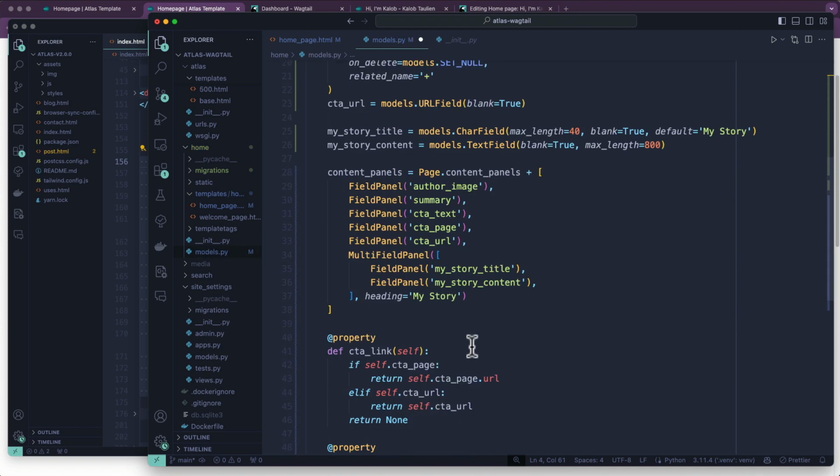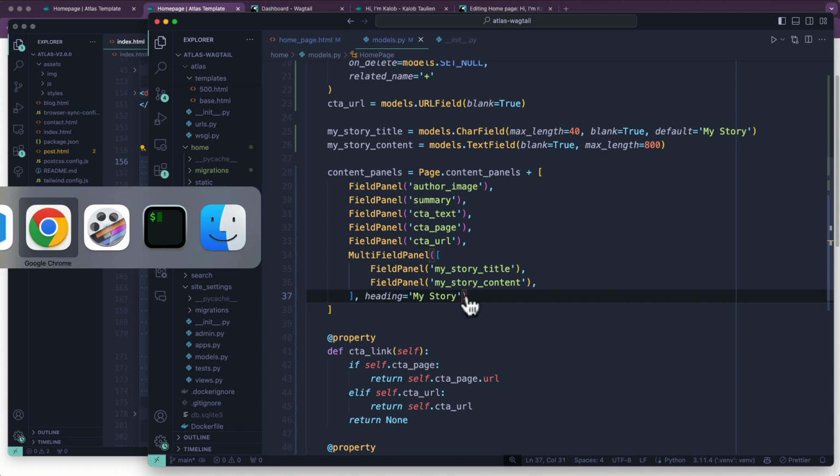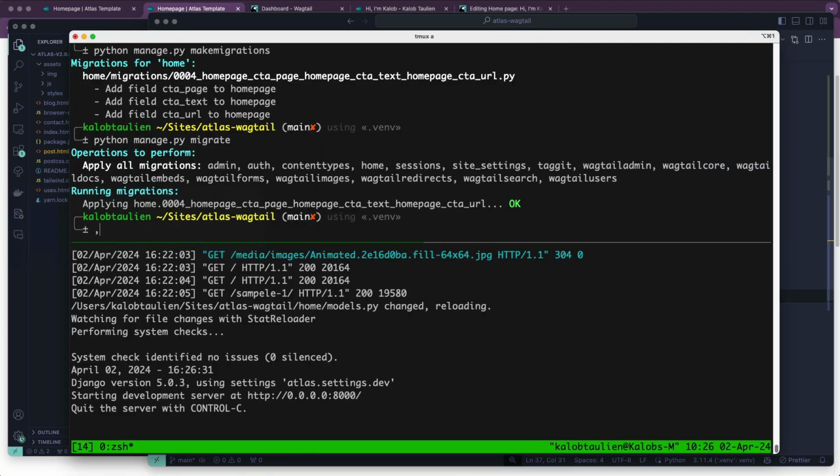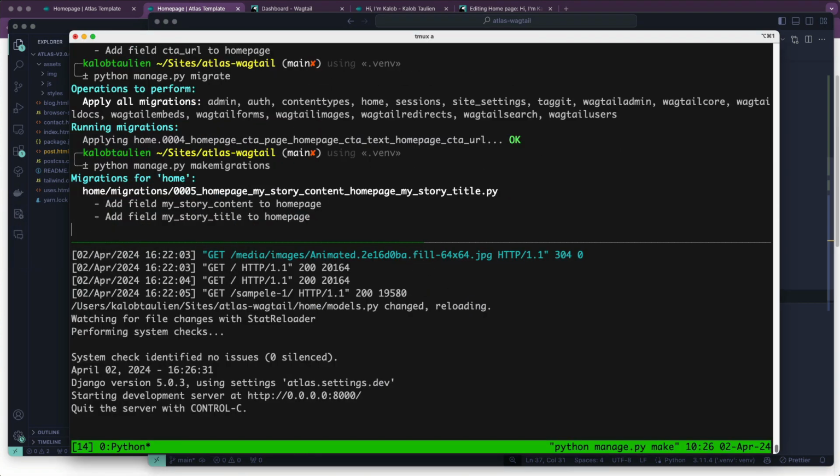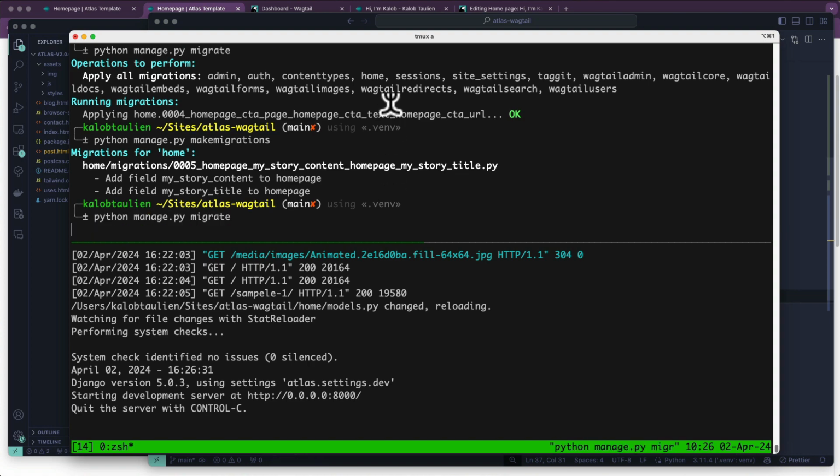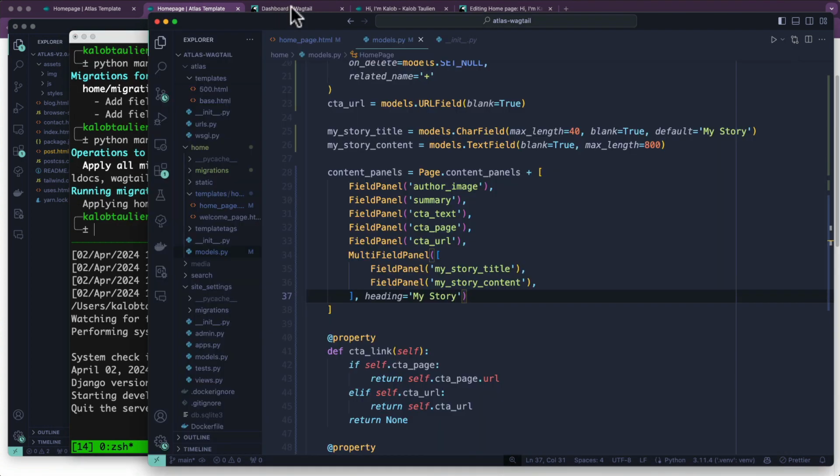And if this is your first time experiencing a multi-field panel, all it is a list, a Python list of standard field panels. That's all it is. And then we add a heading, and Wagtail takes care of the rest. Let's go ahead, and we're going to make migrations. We're going to apply migrations. And in our admin,